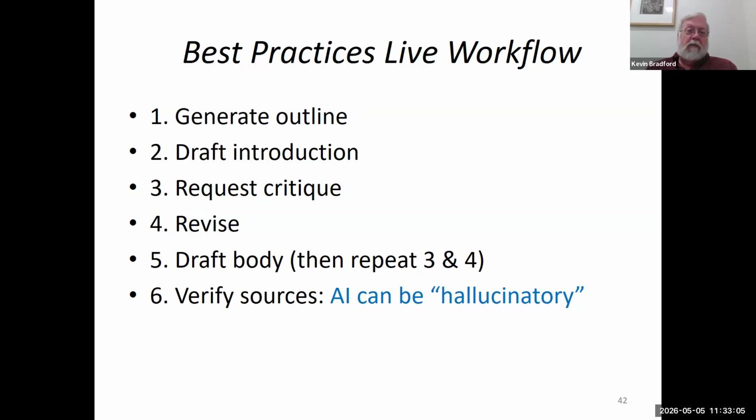Think through the critiques that the model is giving you, then do your revisions appropriately. Then you can start drafting the body and repeat steps 3 and 4 as you go through that. And then last, verify your sources. We've already talked about hallucinations and what that means and what you want to avoid.